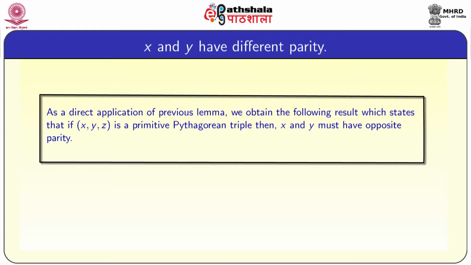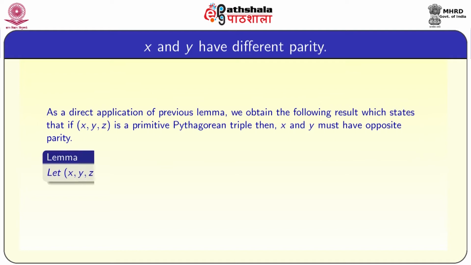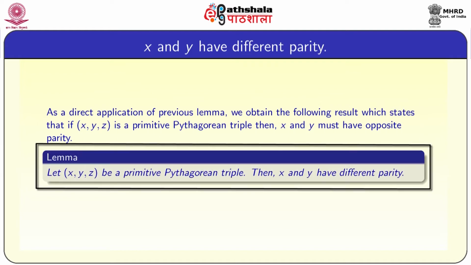It is easy to see that if both x and y are even, then z also needs to be even. That is why the GCD of x, y should be 1, so x and y cannot both be even. Similarly, we can prove that both x and y cannot be odd. If both are odd, then we can prove a contradiction by showing that z cannot be of the form 4k plus 3 or the like. So, we will show this now.